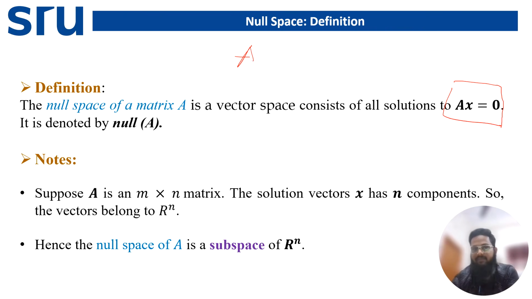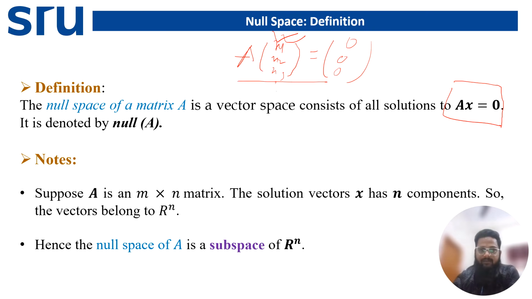If we multiply A with a column vector, suppose x1, x2, x3, it depends on A. If A has 2 rows, then it will be only a 2-element vector. If A has 3 rows, it will be x1, x2, x3, that means 3-element vectors. If we multiply A with a non-zero vector and after multiplying you get the 0 vector, then the collection of all solutions of this equation will be called the null space of the matrix